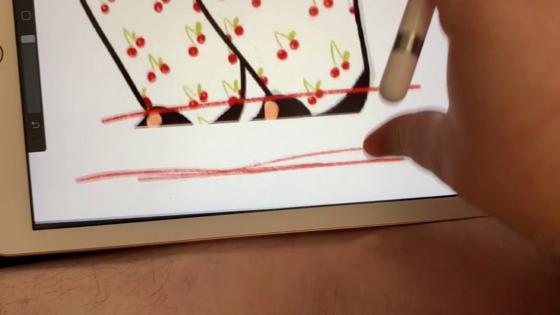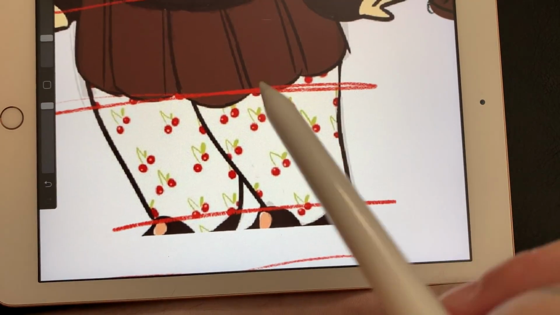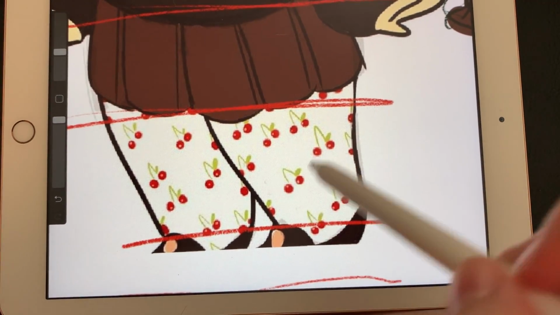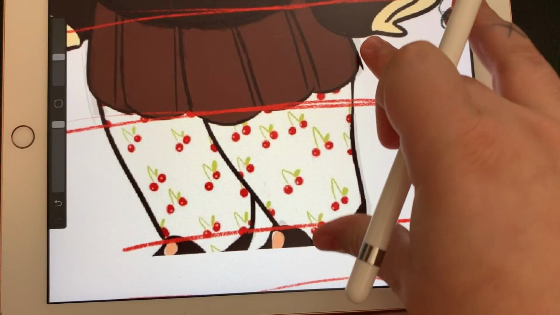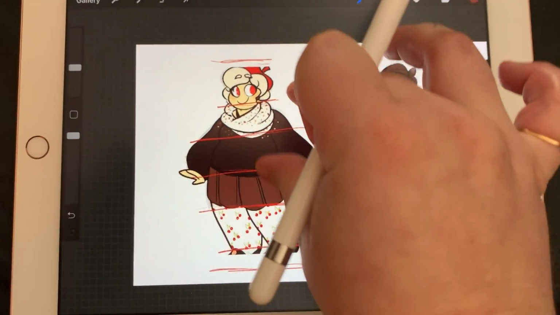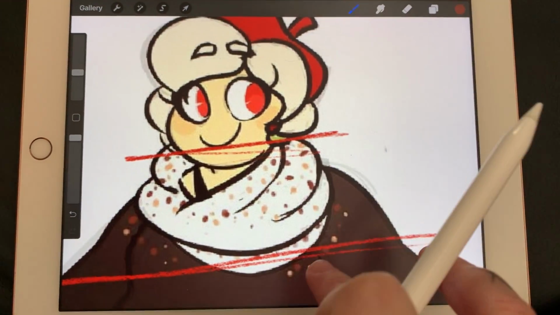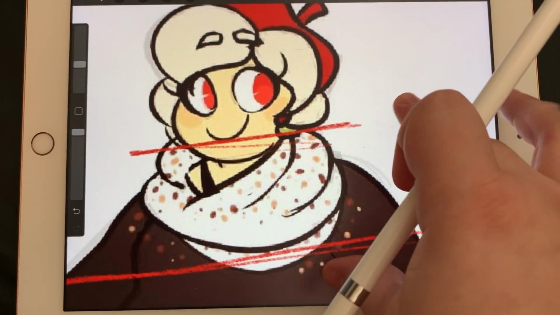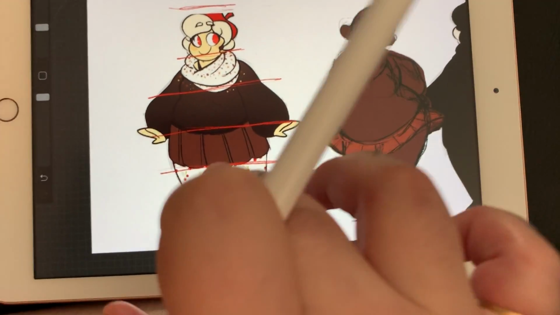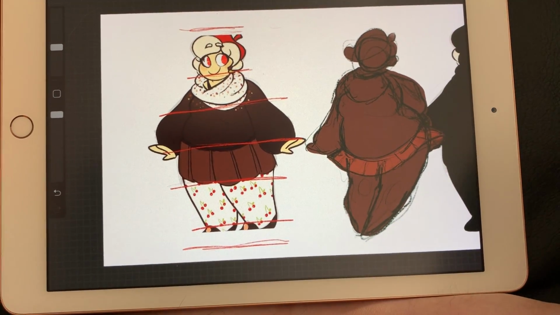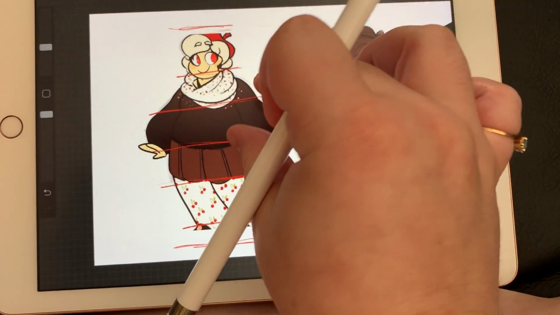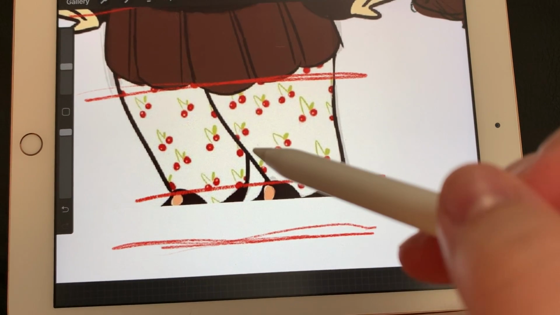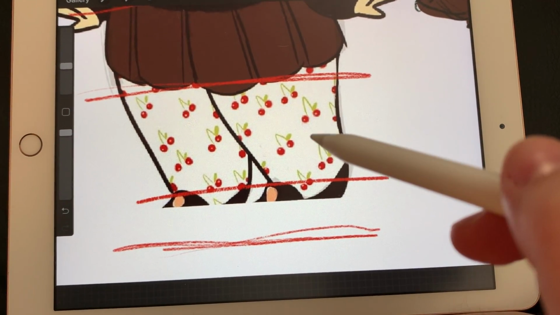With this pattern, let me address this. The shapes are too small for you to have this complicated of a design, and I think it adds to the repetitiveness of this and the whole sprinkly kind of look on the scarf and the sweater. I think that the cherries take away from it. I know that's her look, and I totally get you. Maybe make the cherries a little bit bigger, or